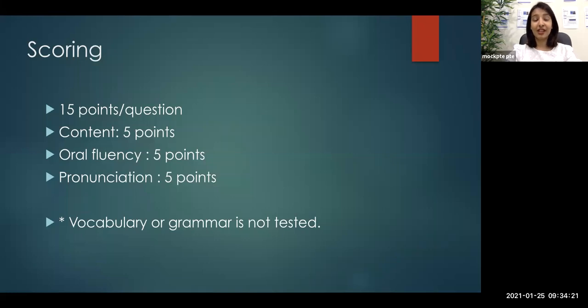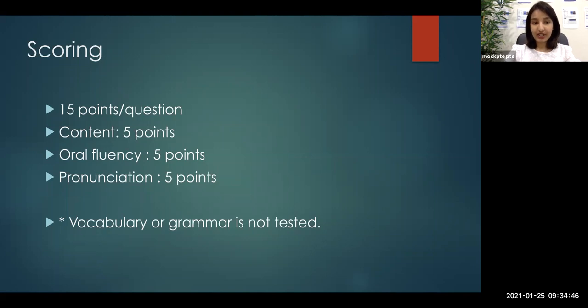Even if you're saying a very good sentence structure, even if you're using very good vocabulary, if you hesitate or if you pause or if you go back and correct your answers, that is going to reduce your oral fluency score. Which is the reason why I said, even if something goes wrong, don't bother, because grammar is not evaluated, sentence structure is not evaluated, vocabulary is not evaluated. So just keep on speaking continuously in a smooth manner.